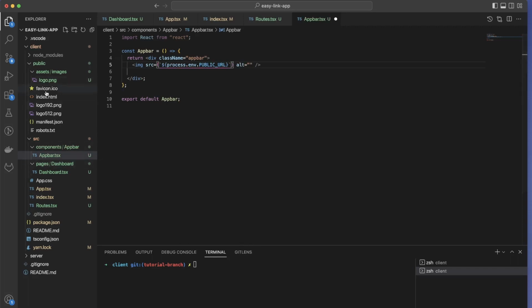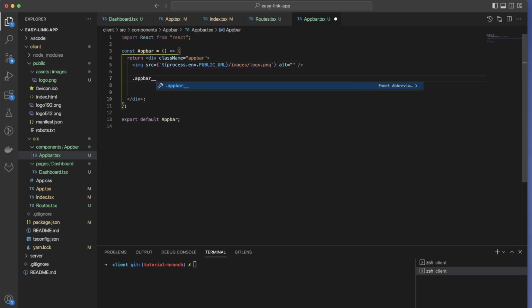Another way is you can actually already have it inside some folder called assets, and then you can import it just normally. However, if you have something in public, then you have to access it like that, and then all we need is images, and then we have logos.png, and then let's have